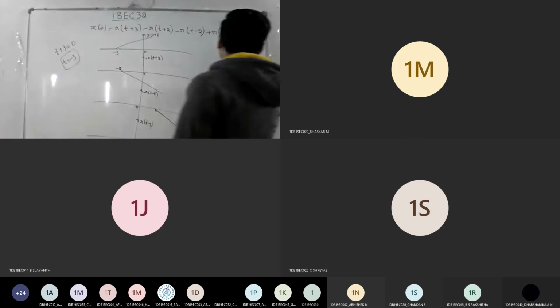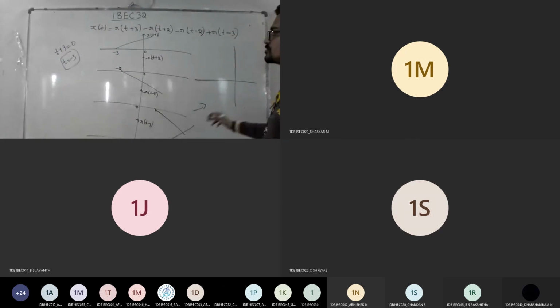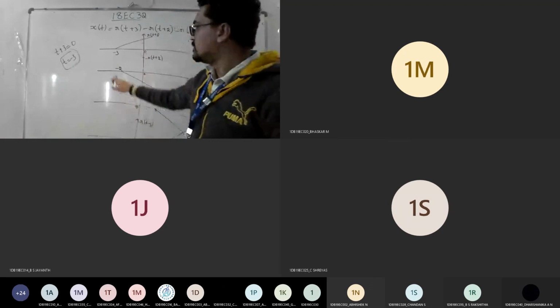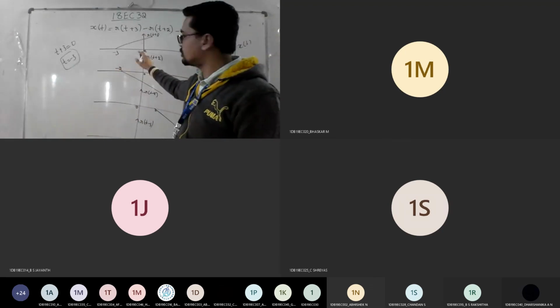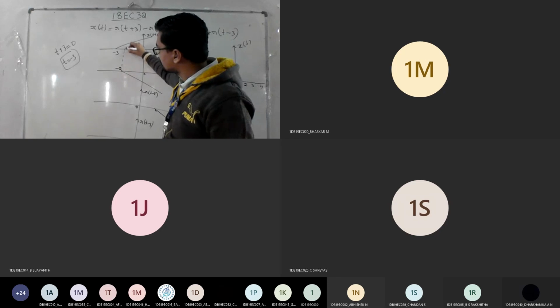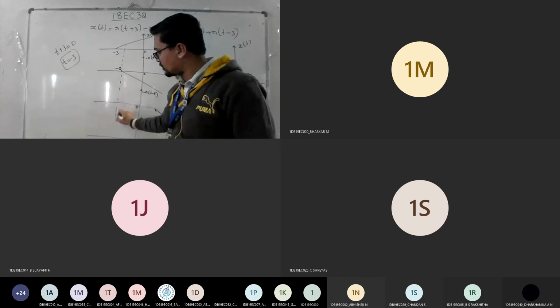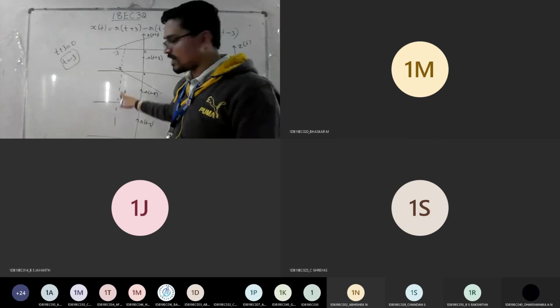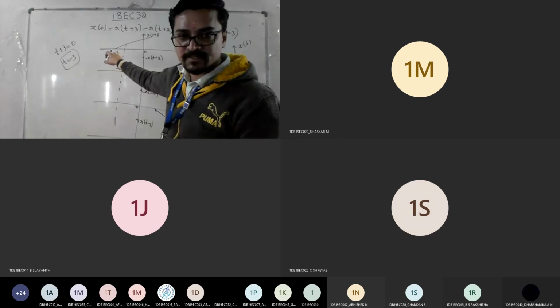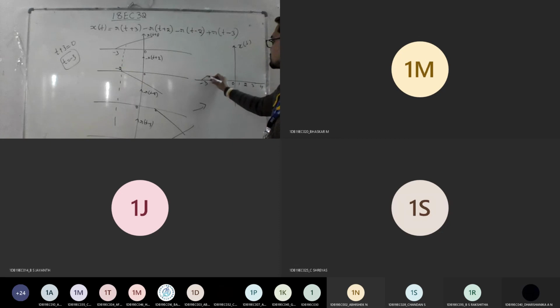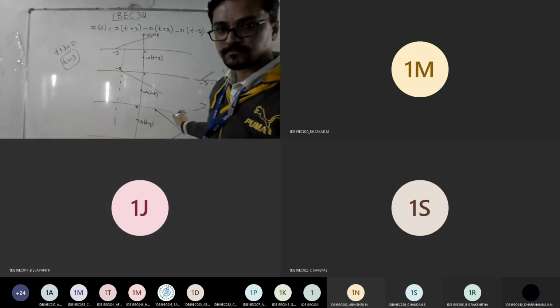Now I want answers from your side. Tell me how to add the signals. This thing is starting from minus 3, so from minus 3 I write minus 2, minus 1, 0, and ending at plus 3, with 1, 2, 3 and so on. Now look at this. I need to add all this. From minus 3 to minus 2, that is your first part. You can put a dotted line for your reference. The signal is here and there are no signals in the others. It means I can retain my signal as 0 from minus 3 to minus 2 as it is. Can I? Yes, sir.